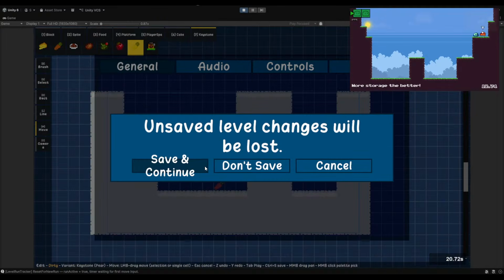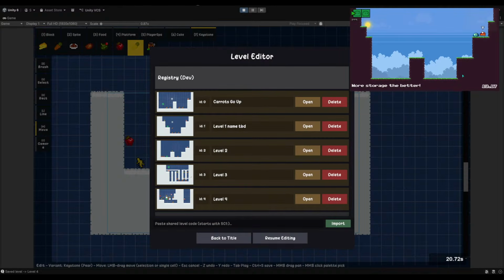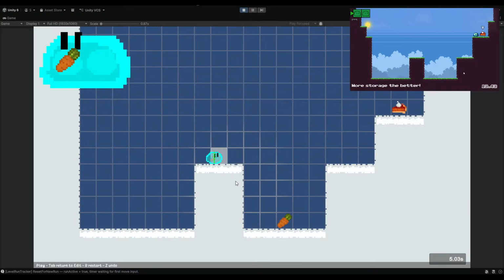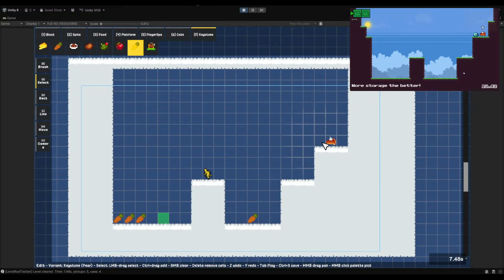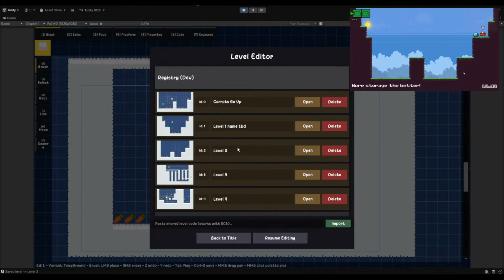Let's go look at adding new levels for real now. Okay, so we just added this level 2, and I think this design is okay. Like, it could be better. Oh, I just did it wrong, didn't I? Yeah. The point is you're not supposed to fall through there. You're supposed to go back, pick up this carrot and this carrot. Oh, this needs to be 1 higher. There we go. Brush there. All right, cool. Let's go back to level 2.